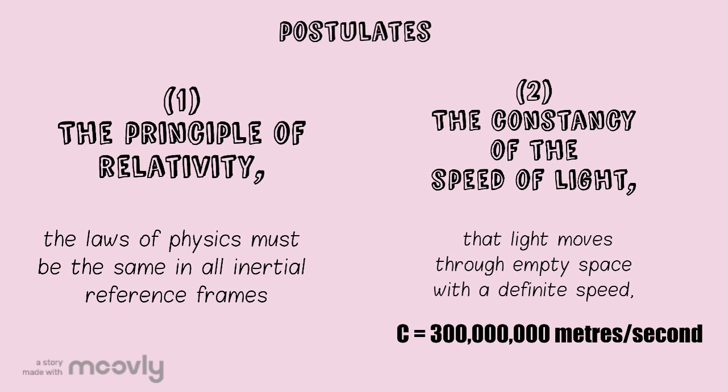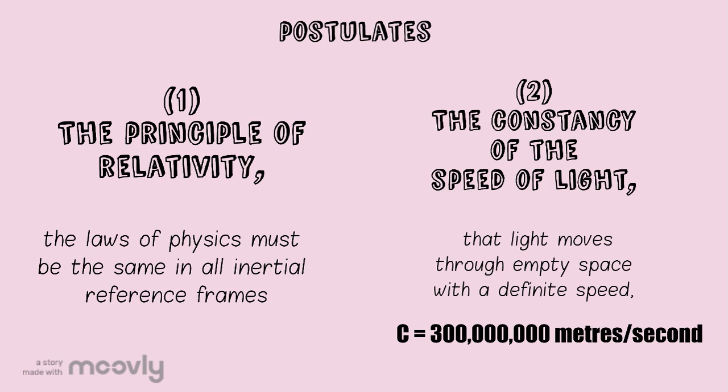So the first rule means that the laws of physics must be the same in all inertial reference frames. Remember back to our inertial reference frames with the balls that move in normal directions? This is the same thing, but it only matters that everything happens the same way, like our ball dropping. But this time, it can go round in circles, as long as it does the same in both frames of